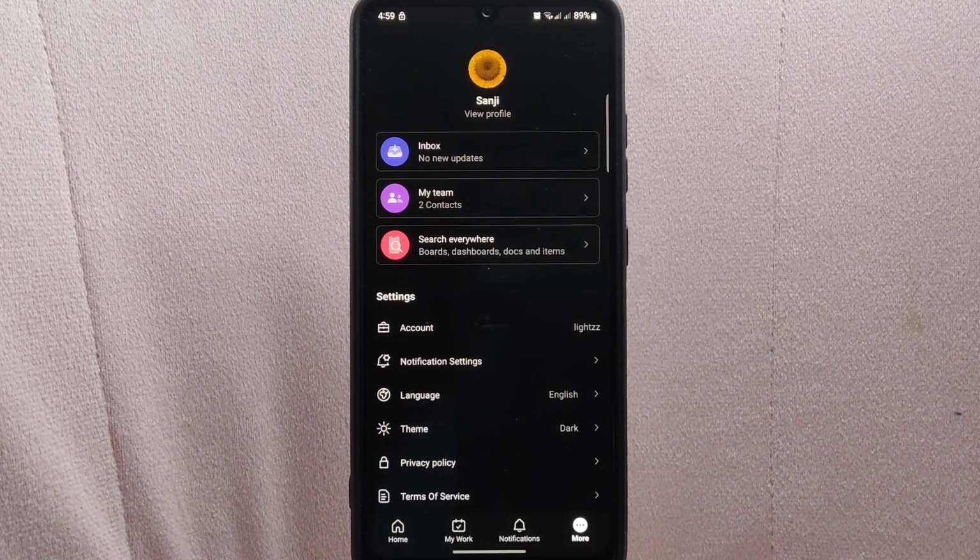experience. There you go. If you wanted to know how to enable dark mode on Monday.com, that is the easiest